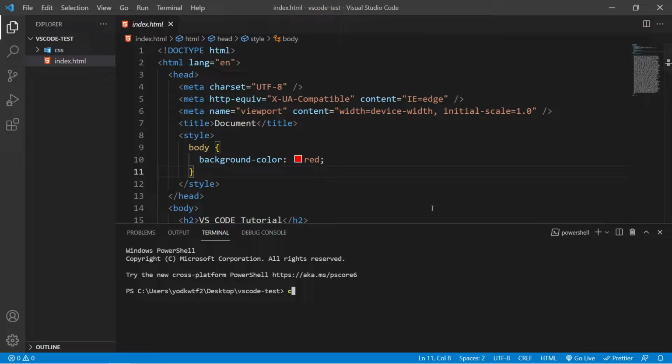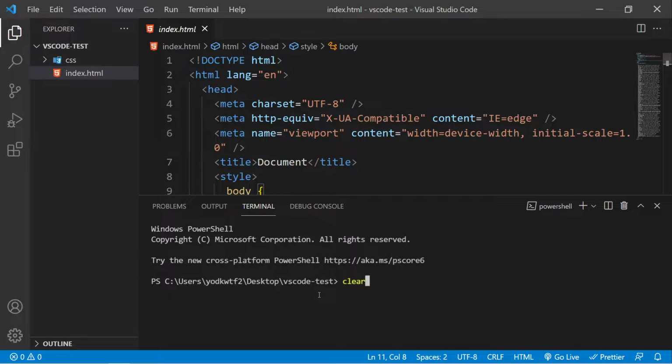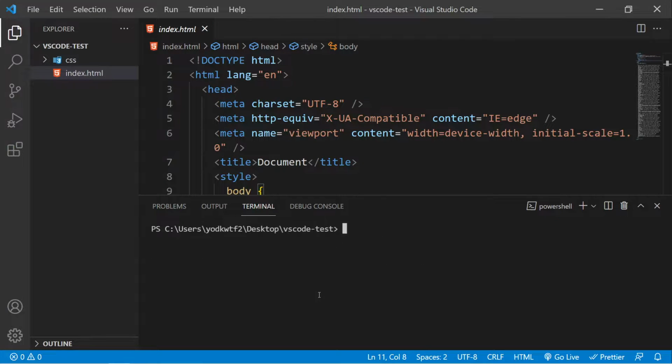And I'll tell you this integrated terminal is right now powered by PowerShell only, and we will go into detail on how you can change this one. But for now, I want to show you how the commands work. So we can use the clear command to clear everything. Let me just zoom in a little. So if I type clear and press enter, you will see we have cleared everything.